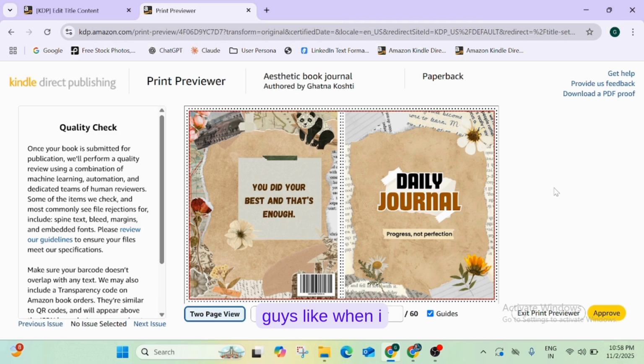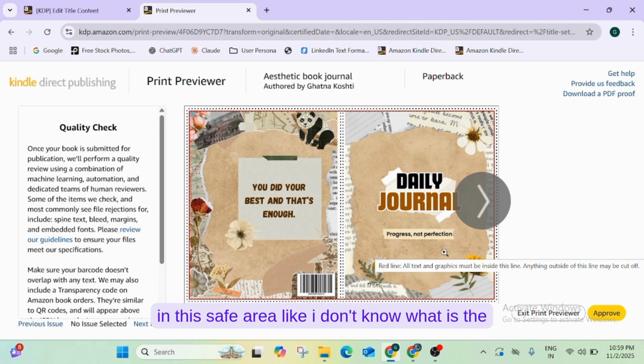Trust me guys, when I first created this book by myself, I attempted 20 to 21 times just to get my content within this safe area. I didn't know the best way to create this. After so many attempts, I found the perfect way to create the book template that works.